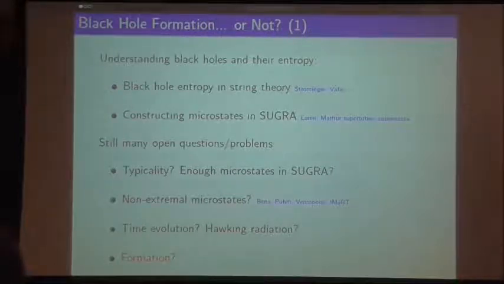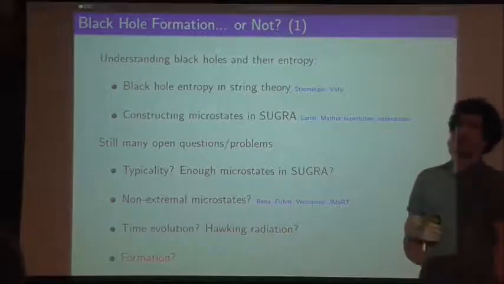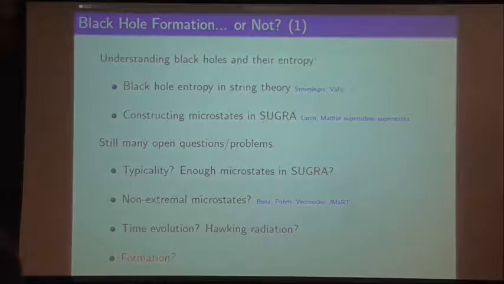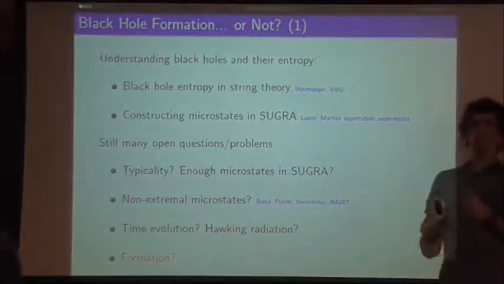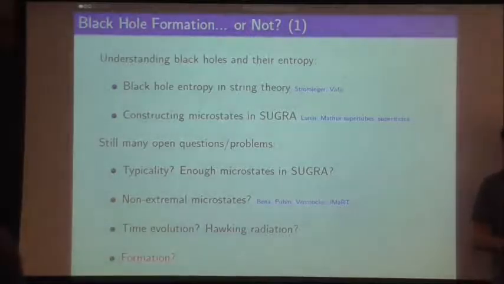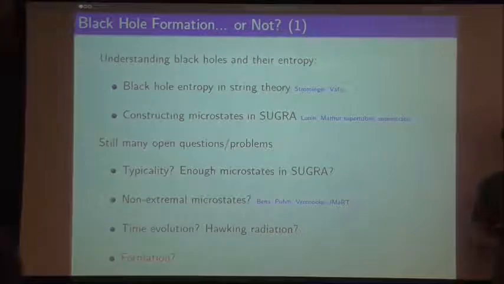Right, so this program of constructing microstates is really constructing them directly in supergravity. And just a few words that I will repeat: the point of a black hole microstate is that you have a horizonless, smooth geometry to take the place of the black hole. It has to be horizonless, because if it has a horizon, then it has an entropy, and then it's defeating the purpose of finding the microstates, because then it should have its own microstates. So it's horizonless, but it's also smooth.